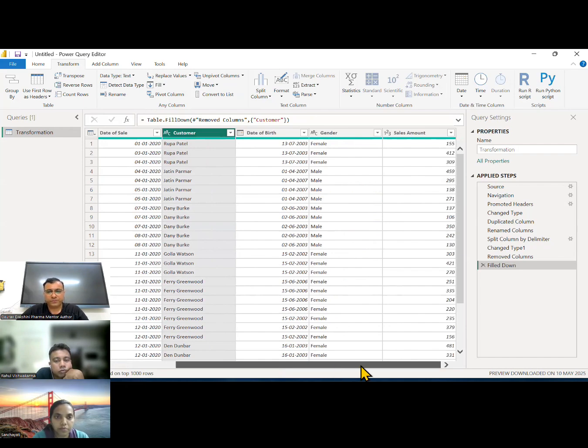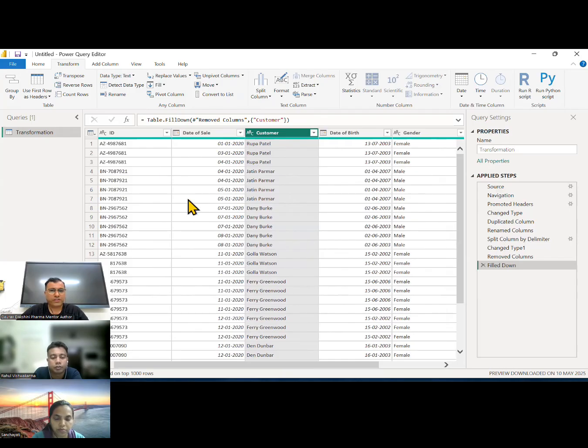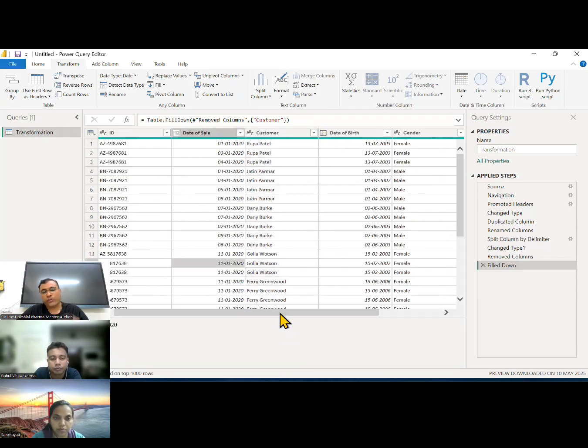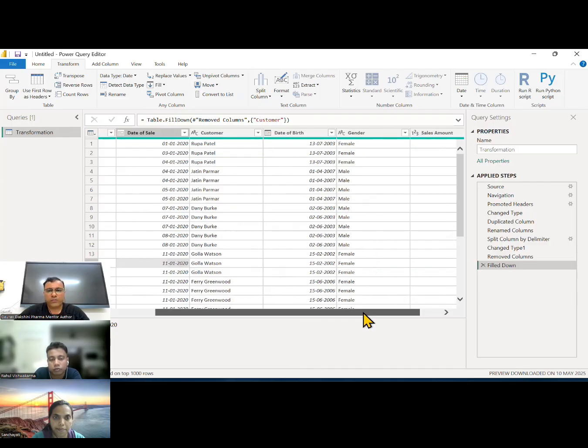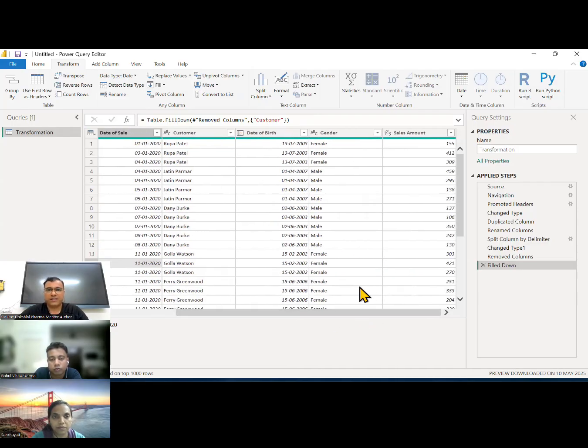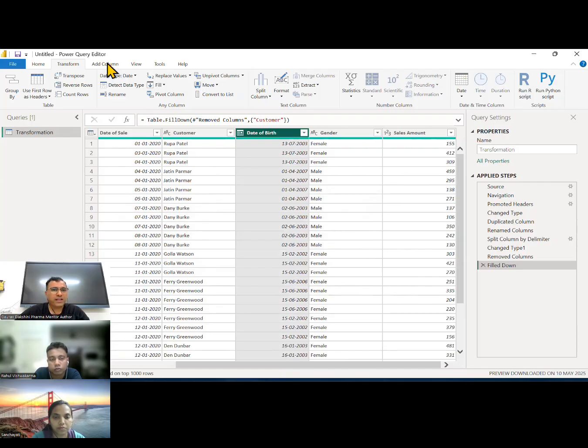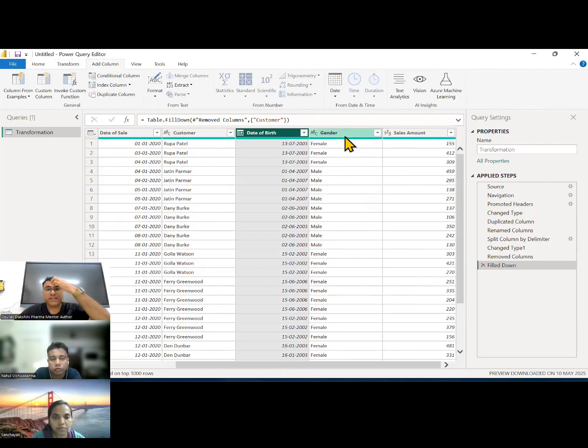Now what you can do, let's say I have now done most of the transformation. Okay. Now I want to also find out the total number of years for the age. Okay. So the date of birth column is there. I want to add, let's say, age. How can I put the age? Let's say date of birth and then I can use